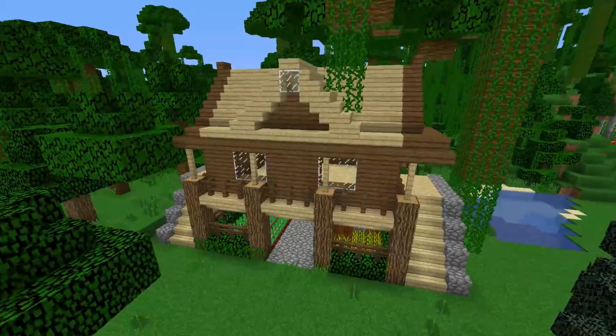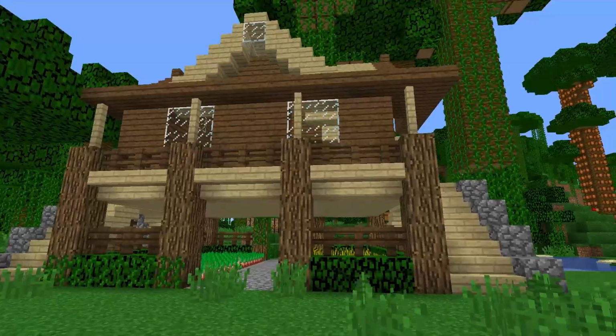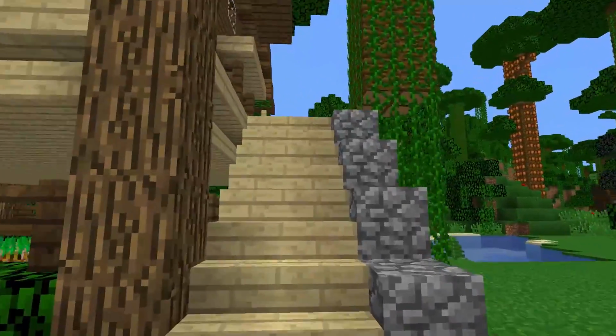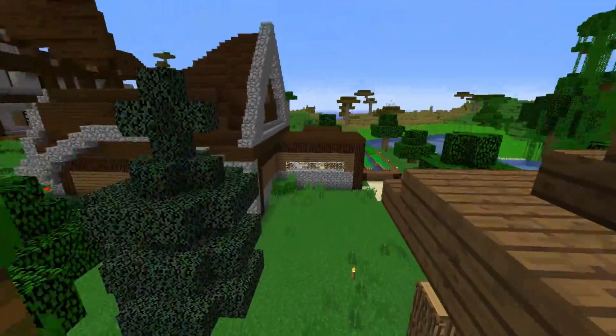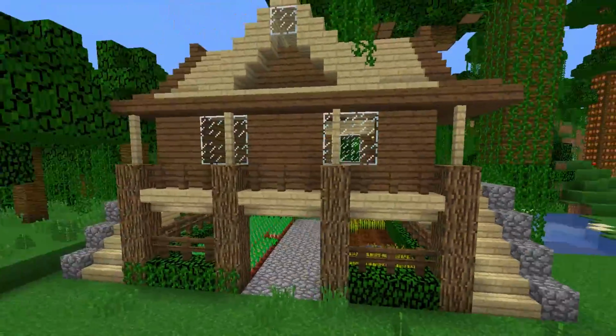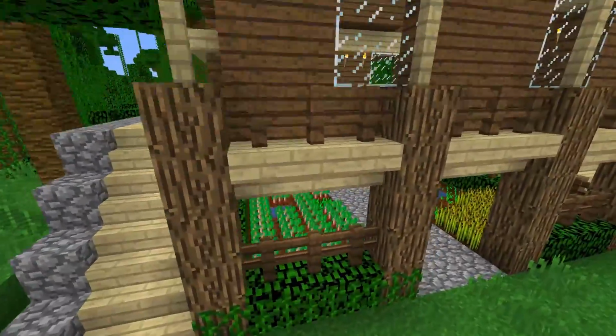And ooh, look at this. I just love how every single build here looks completely different. No one's copying off the next guy. Everyone's got their own unique styles. And look at this. Yeah, I think it really fits in with the edge of the jungle here. It feels very rural and farm-like. It's brilliant with their little